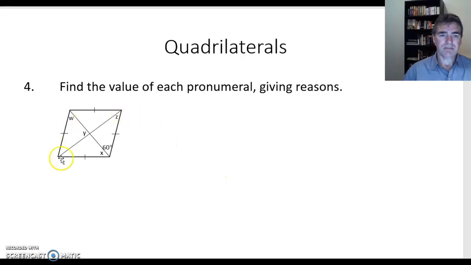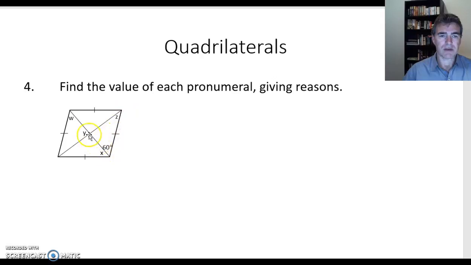The shape is a rhombus. Opposite sides, or all sides, equal. The angles aren't right angles, otherwise it would be a square. Opposite sides are also parallel. So,